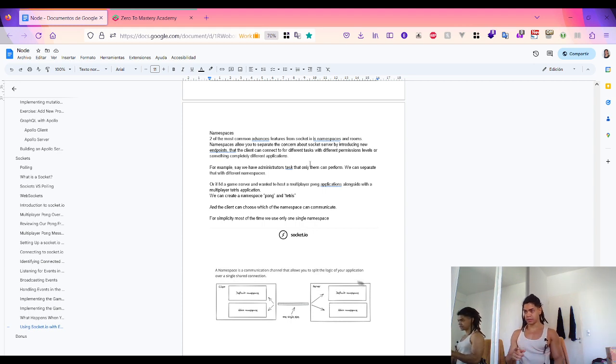Namespaces allow you to separate concerns about the Socket server by introducing new endpoints, and the client can connect for different tasks with different levels of permissions,